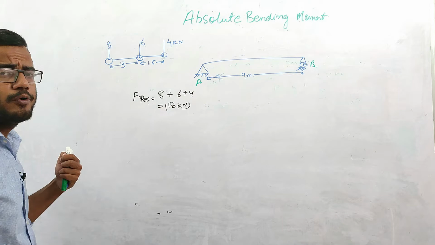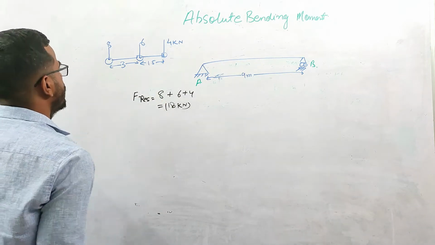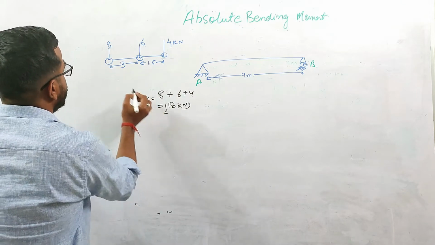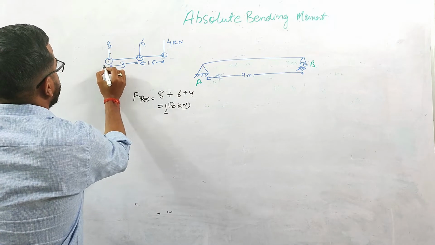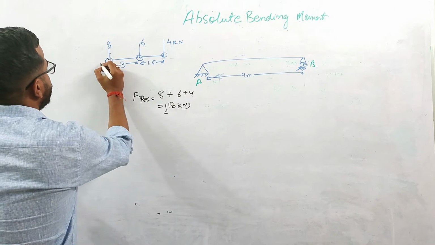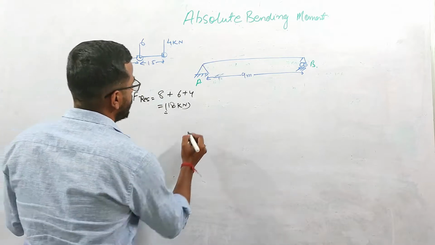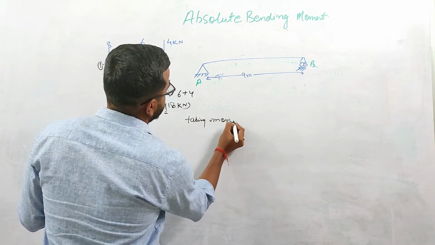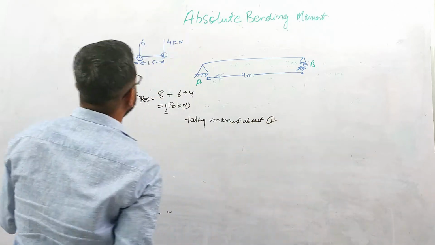So now we need to find what will be the position of this resultant load with respect to any of these loads. So I'm calculating the position of this resultant, where it will act with respect to this point, or you can say this load. Let us suppose this is point 1. So I'm taking the moment about point 1, due to these forces.